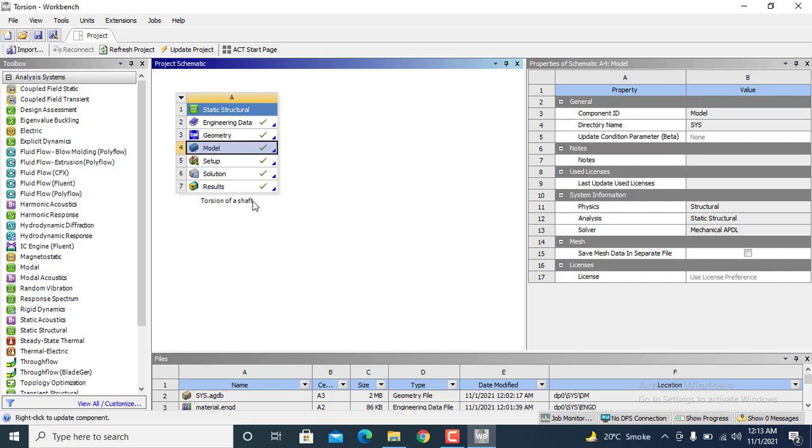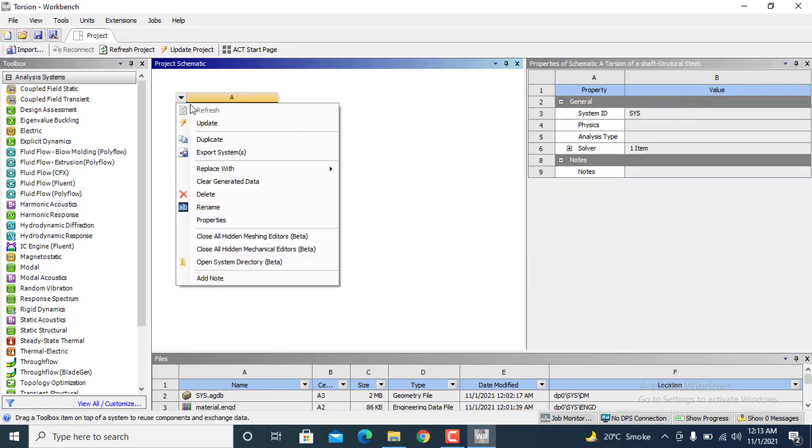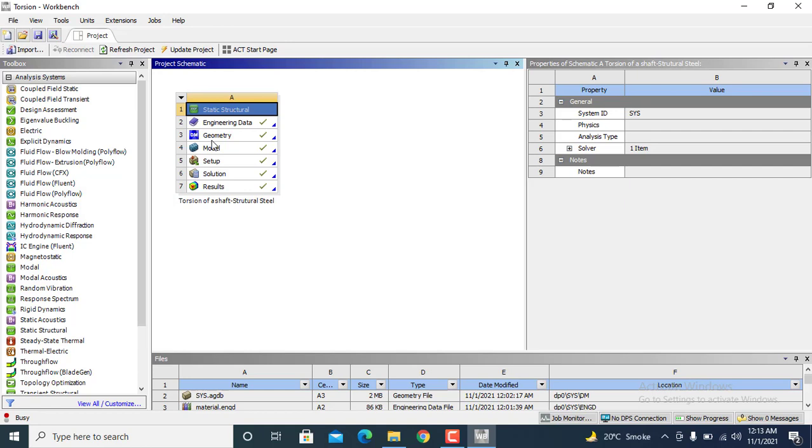We have performed this analysis for a single material, which is structural steel. Press enter. If you want to duplicate this model, you can click on this arrowhead and press duplicate. It will create a duplicate of this analysis system.